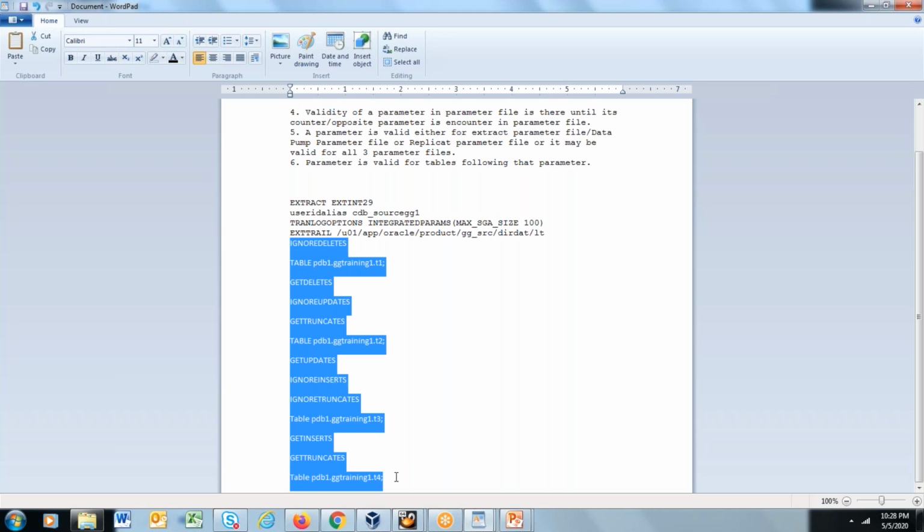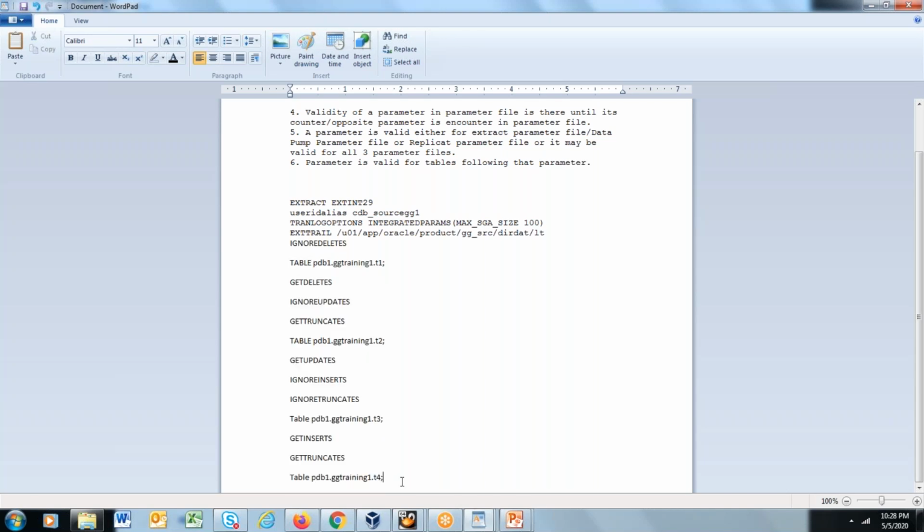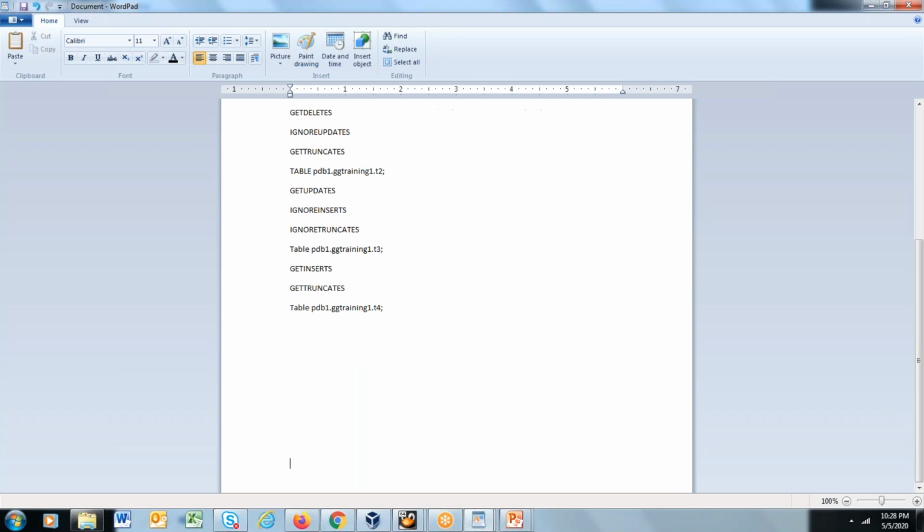I think we can make groups for all the requirements, and then group-wise we can mention the tables' names. Exactly. Yes, so we can segregate the tables. Exactly. So you have to understand one thing: even though there are 100 tables, what are the possible options the customer can have?